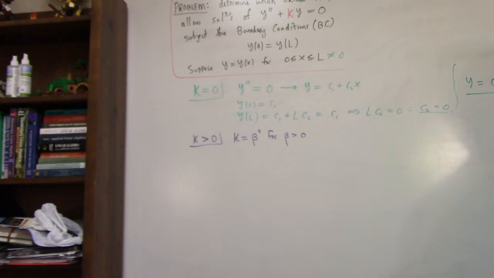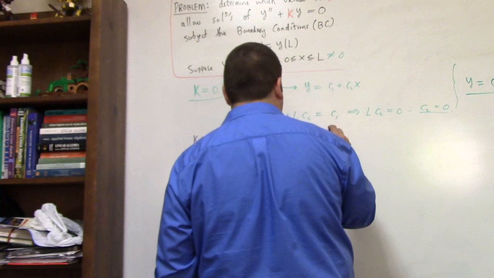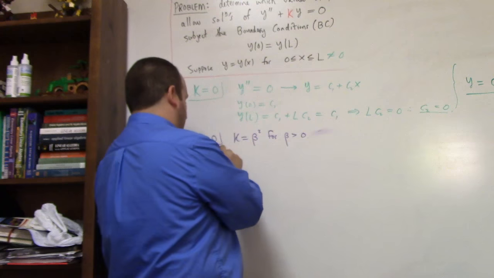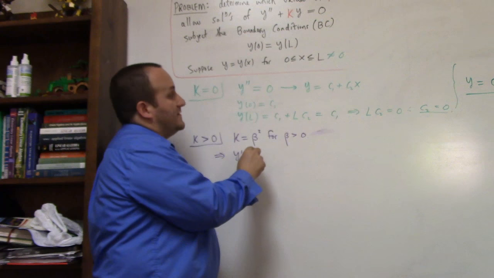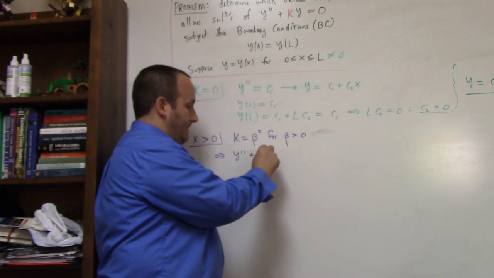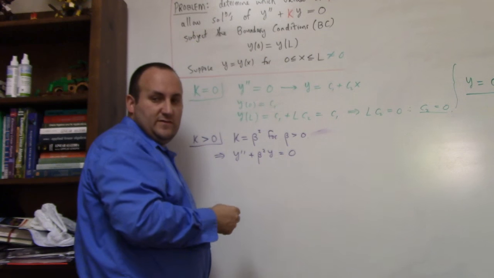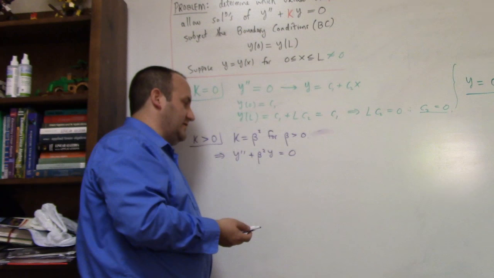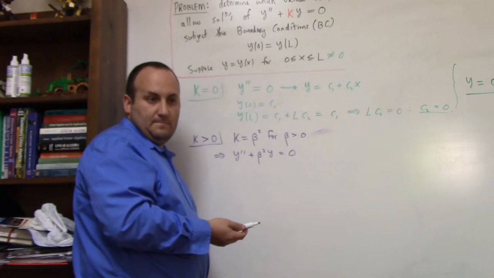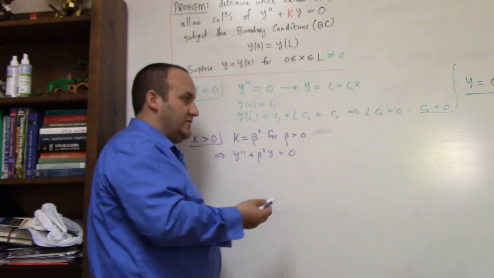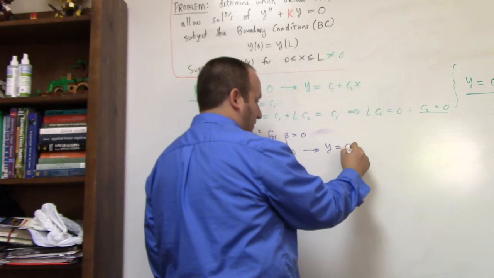So why would I do that? The reason I'll do that is because that tells me that the problem I'm facing is what? It's y prime prime plus beta squared y, right? But you guys know differential equations, so as soon as you see this, you recognize this for what it is, which is lambda equals plus or minus i beta. Right? In other words, the solution here, using ODE stuff, is just y is equal to C1